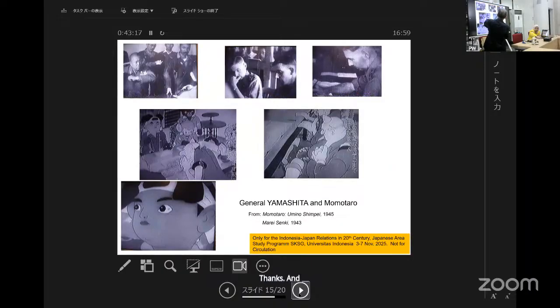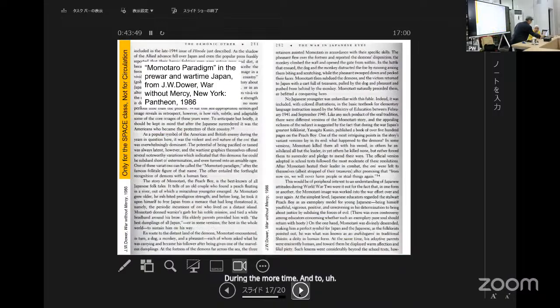And yeah, this one. And this is, I think, a very good projection of Momotaro, the image of the Japanese nation expected by the Japanese military and the government during the wartime. And please go back to the